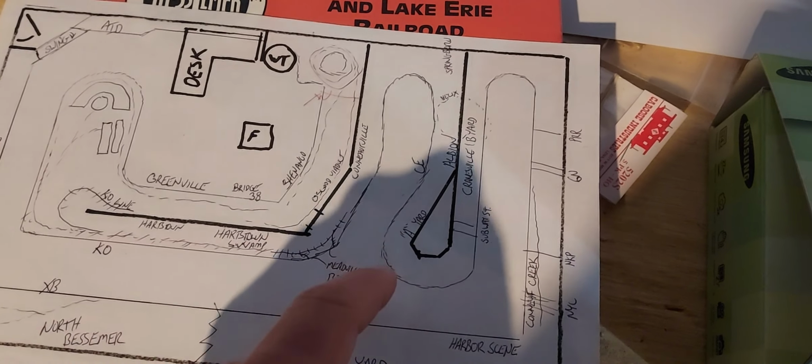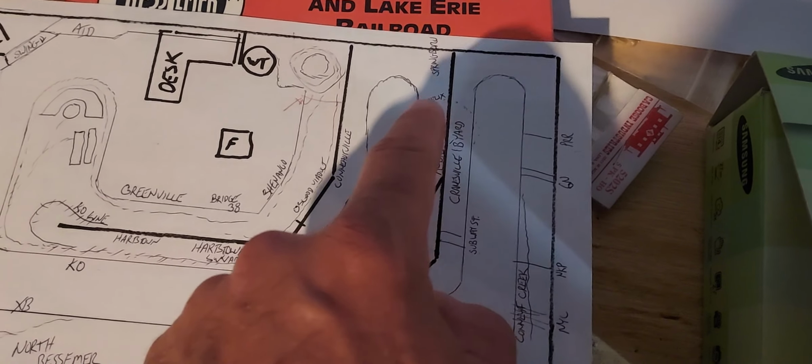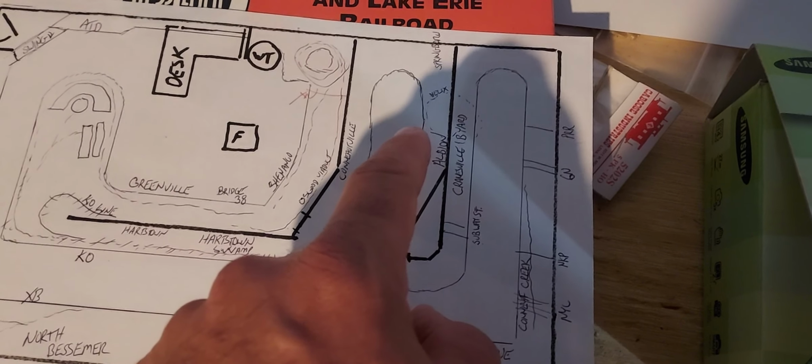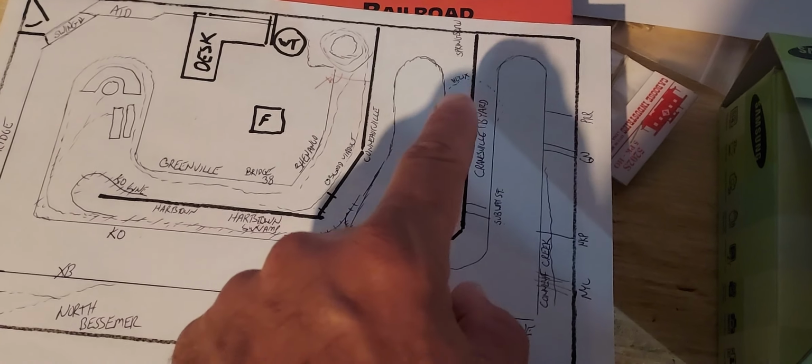The Girard branch will come out around the end of the peninsula here and then go into a helix between these decks, going down. We'll come back to the Girard branch later. So Albion,